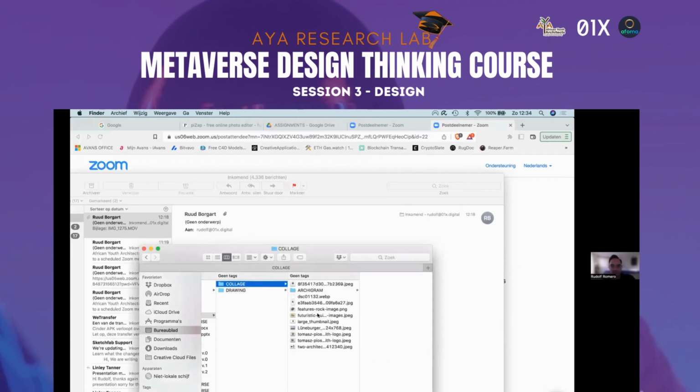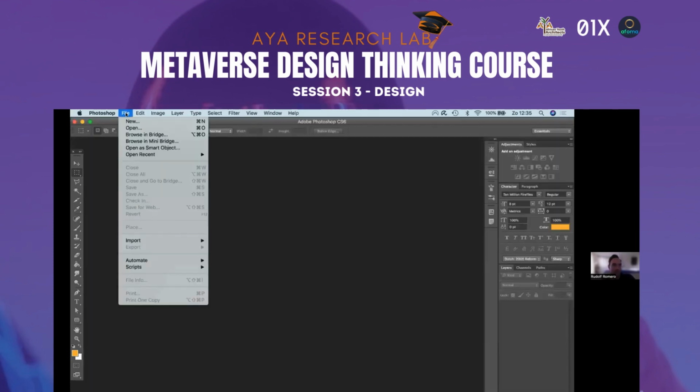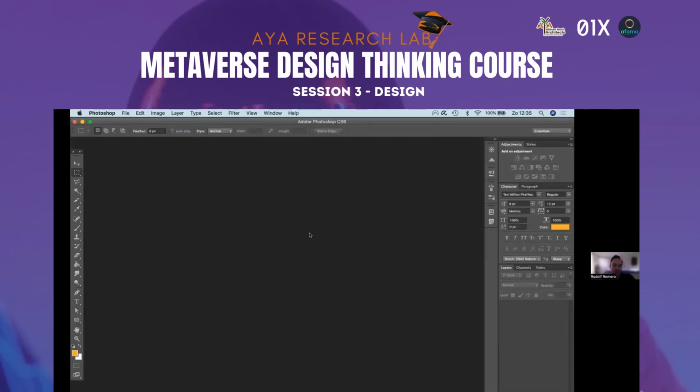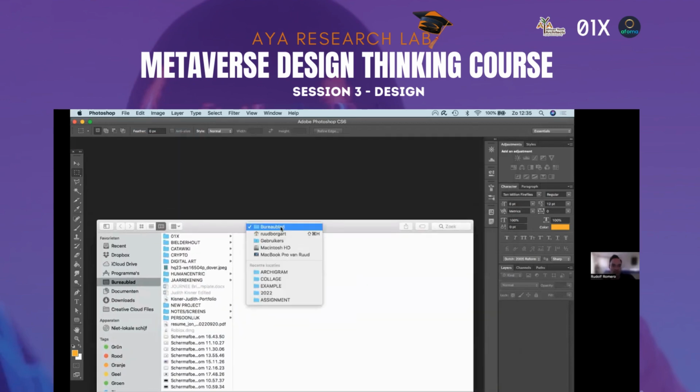But when I do a collage, I usually start with Photoshop. I'll just send you a link of free software you can use as well. And then I start with the environment background that I want to work with.